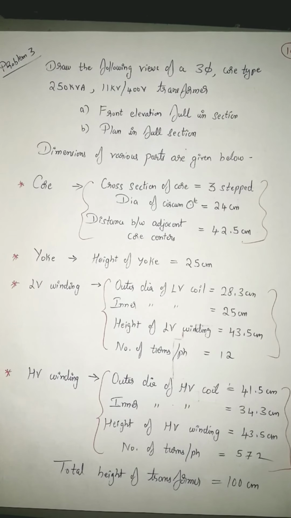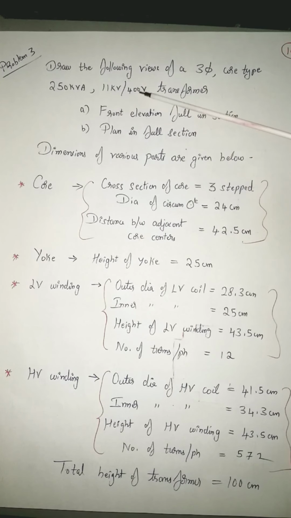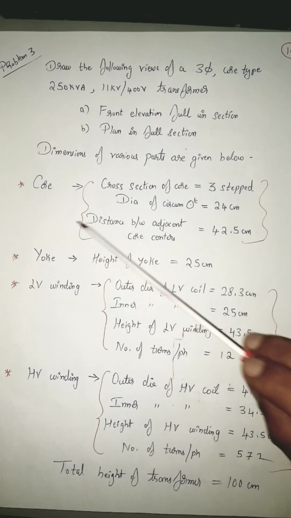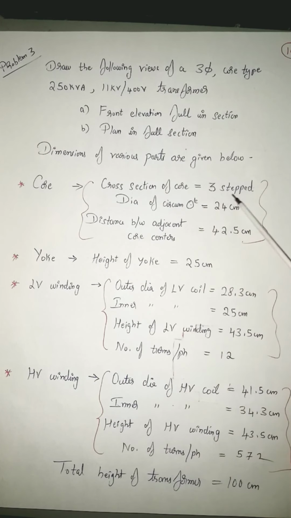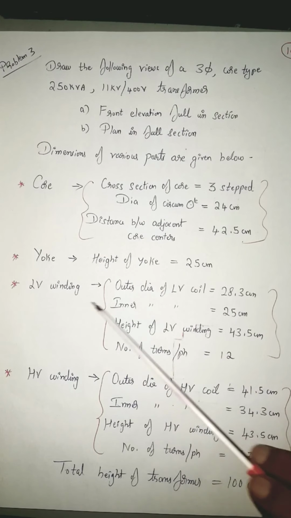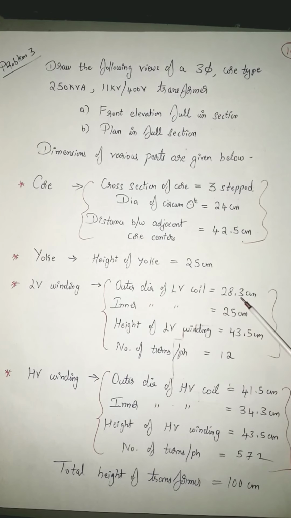Coming to problem number 3, draw the following views of a 3-phase core type 250 kVA 11 kV by 400 volts transformer: front elevation in full section, plan in full section. Dimensions of the various parts are given below. Core: cross section of the core 3 stepped, diameter of the circumscribing circle 24 centimeter, distance between the adjacent core centers 42.5 centimeter. Yoke: height of the yoke 25 centimeters. LV winding: outer dia of LV coil 28.3 centimeter,